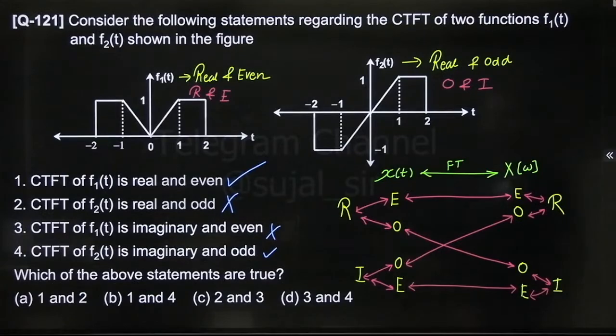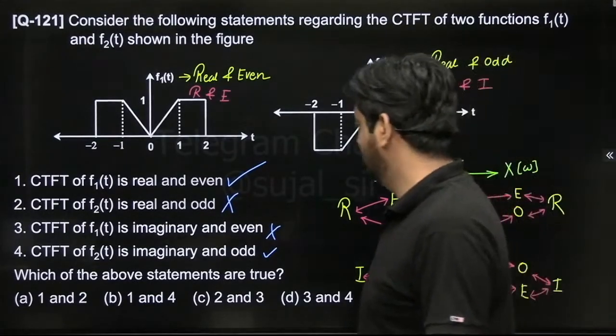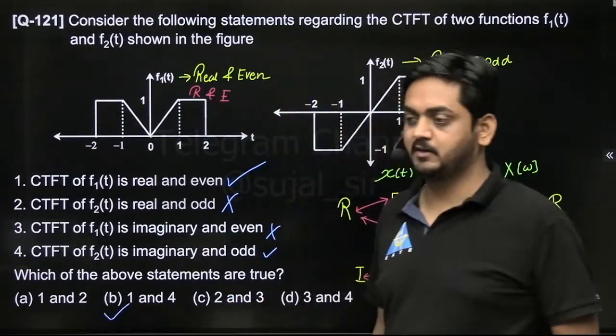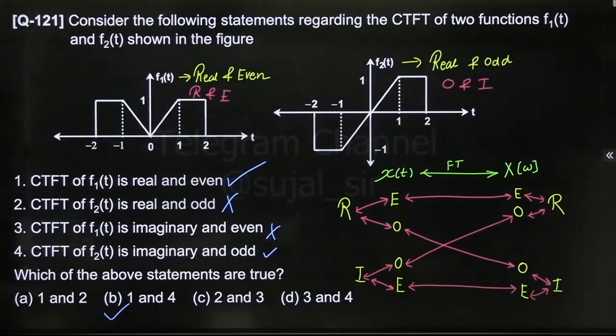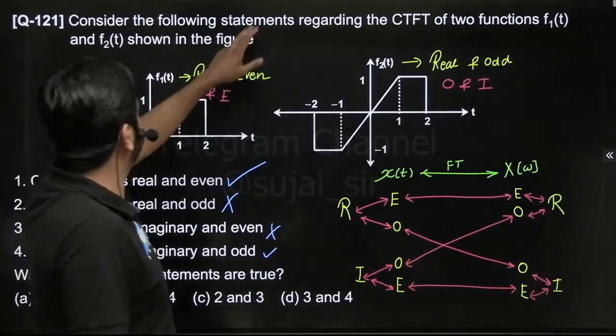So 1 and 4 are right. So that's why option B is the correct answer of this question. Option B, guys. Option B is the correct answer of this question. Fine. Now next, question number